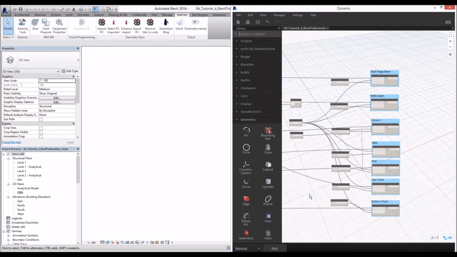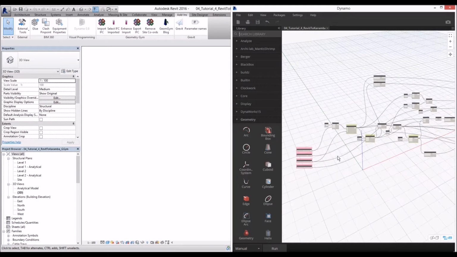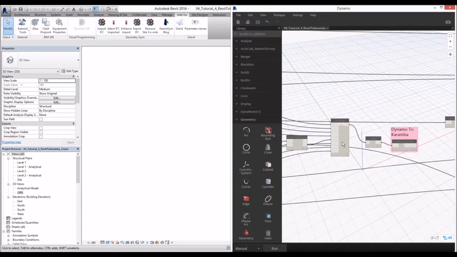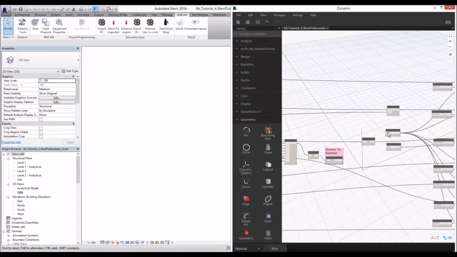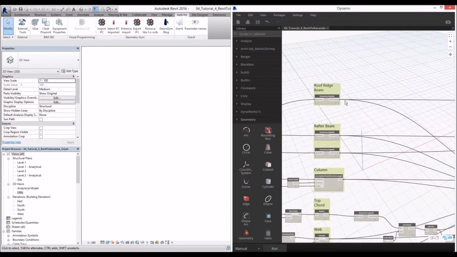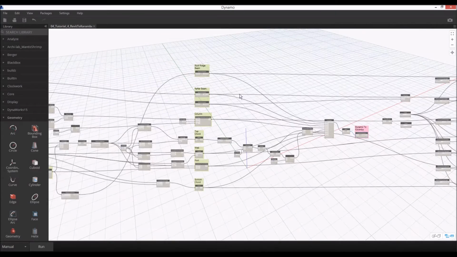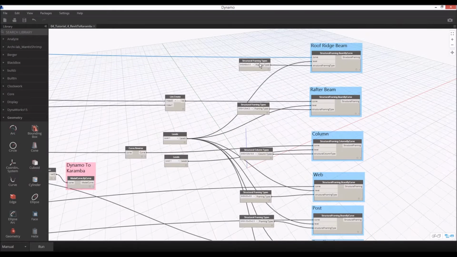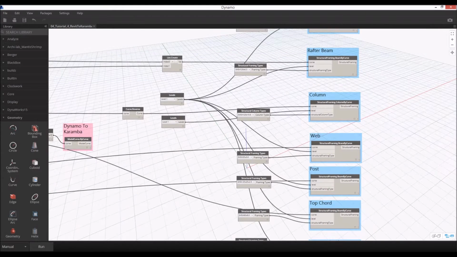So I'm just going to follow this previous definition. We create the truss structure in Dynamo, and each element, which we have as curve lines, will apply these cross sections we get from